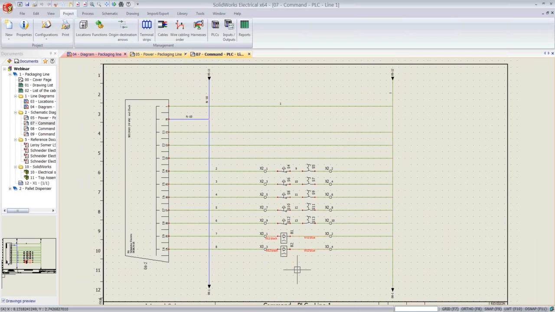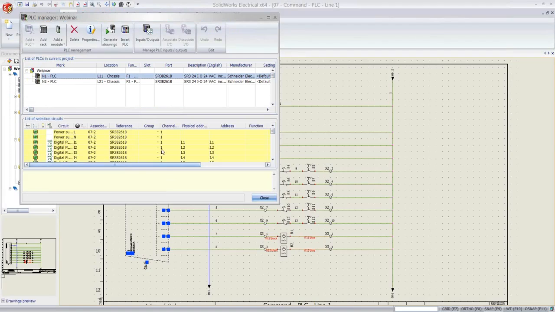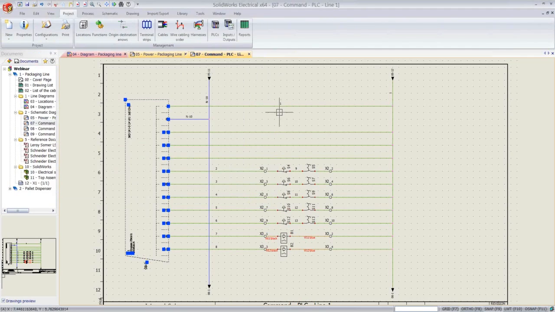But just to show you, that's how PLC drawings look within SolidWorks Electrical, and there is a dedicated tool to modify these IOs of the PLC. For example, edit PLC, and you can do multiple different things in there. Alright,